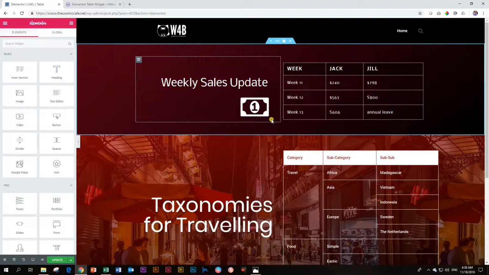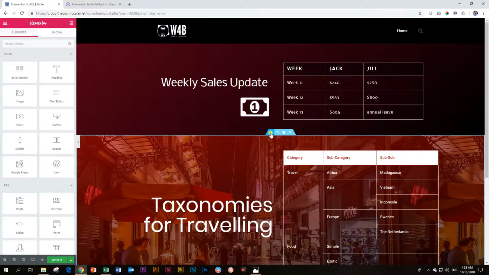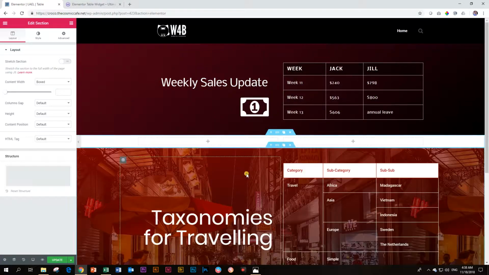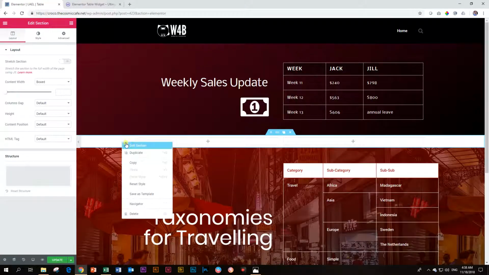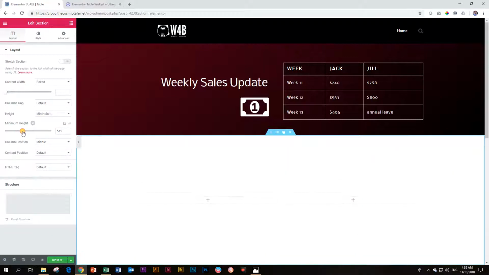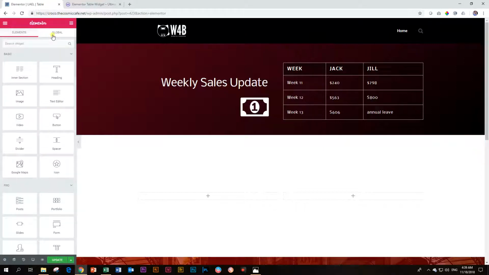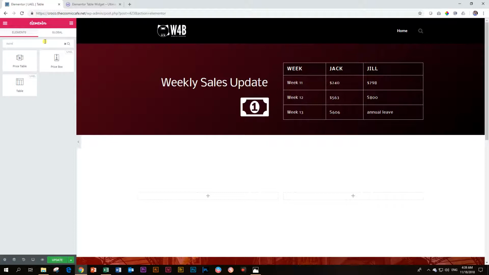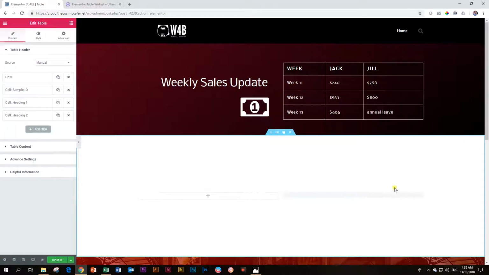Let's jump in, and I'm going to create another section down here so we have some space for that one up there. Let's also put it into two columns to give it a little bit of space. And I'm just going to make this a minimum height so we have some area to work with. First thing you have to do is search for that, and I'm just going to type in table, and you will see here it says table with the Ultimate Add-ons for Elementor logo up here in the top right hand corner. Drag it and drop it in here, and you will immediately notice that it does create a table for